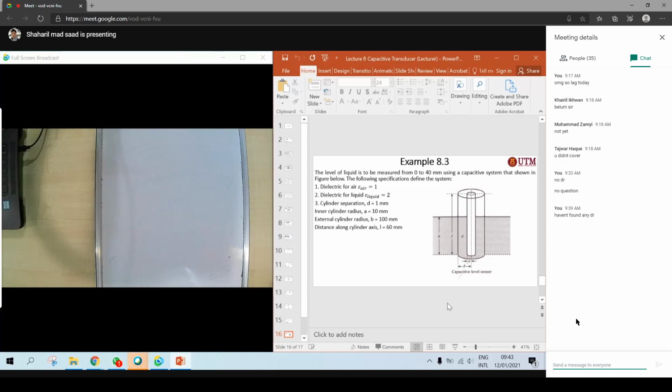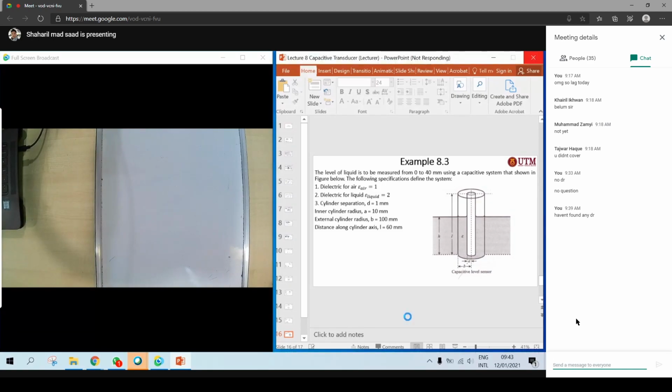Okay, this one is another example. Another example, if it doesn't give you the average radius, right? So what you can do is you can use another formula like here. So you can find the average radius for the capacitive transducer for the cylinder. Okay, so I think the capacitive transducer is quite simple to get, as long as you know about the